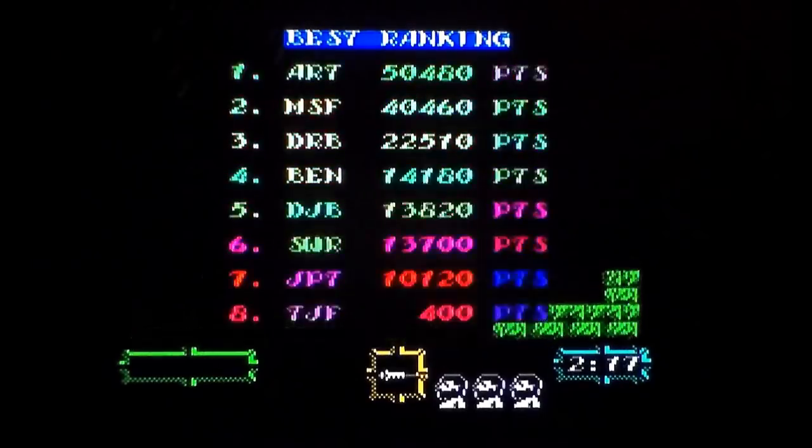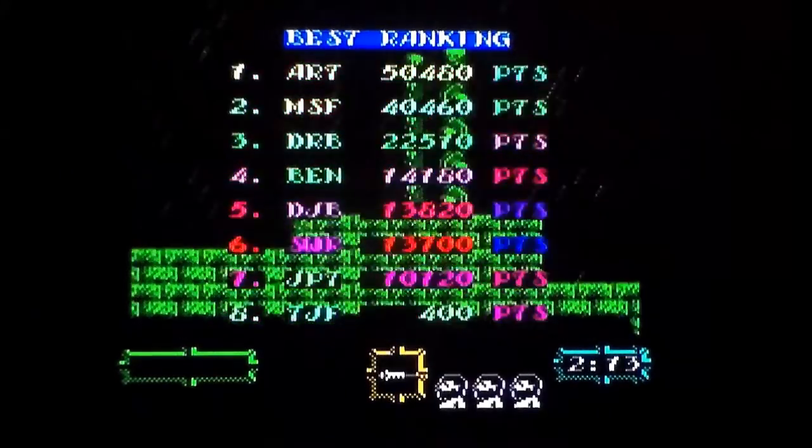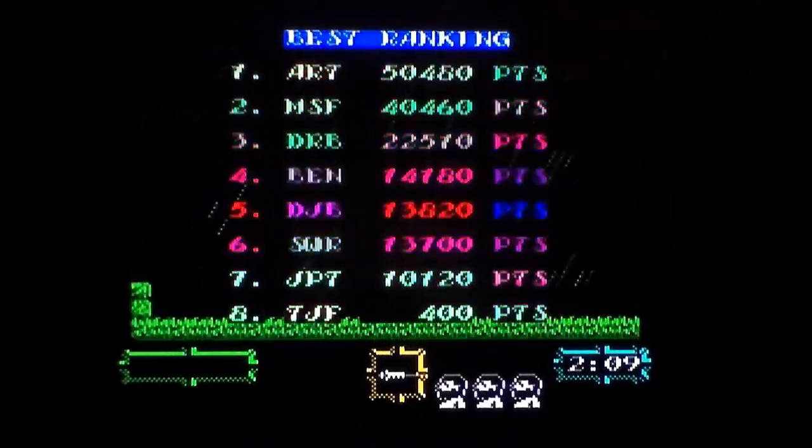Now, US Gold released it on all the formats, but we're going to look at the Commodore in this one. Now, listen to this. This is the 128K version. Now, this was released in 1989. It was another example of shite box art for US Gold. Almost as bad as Thunderblade, but